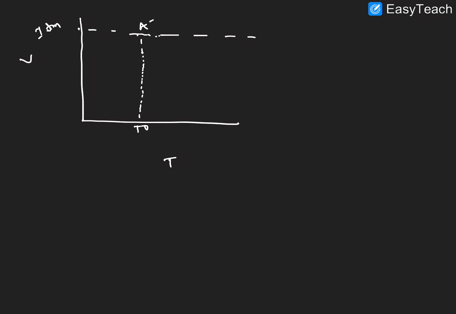Let me explain through a graph. Here this is the vapor pressure, and this is temperature. At this temperature, for example T naught, some 100 degrees, this is the solvent. This is the vapor pressure, this is atmospheric pressure, 1 atm. After that, it converts from liquid to vapor. This is indicated as A, so A indicates the solvent.